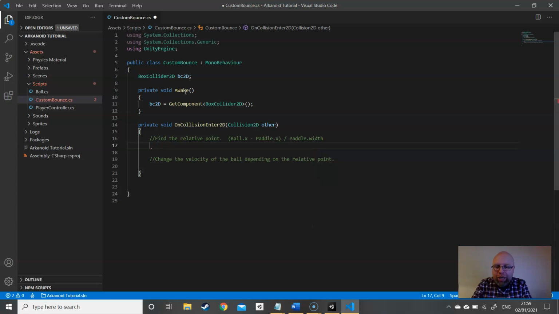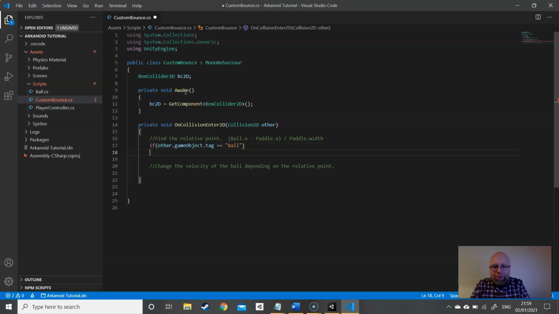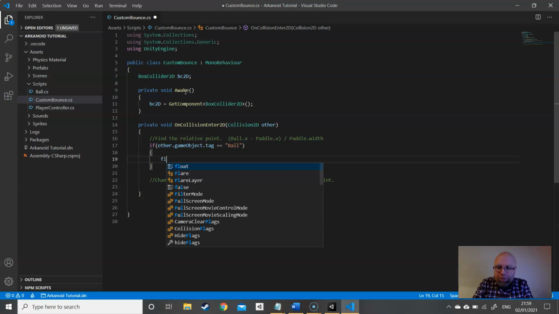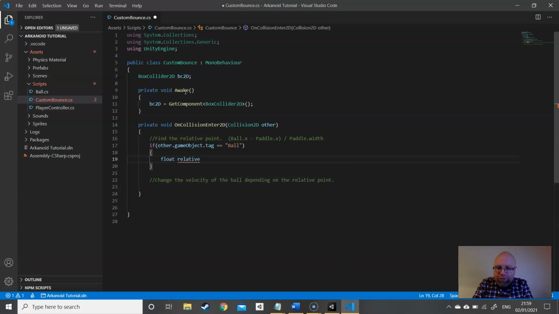Actually, we should make a check here. If other dot game object dot tag equals ball, we need to make sure we've set up the tags as well for this to work. So if other game object dot tag equals ball, then float relative position equals other dot transform dot x,